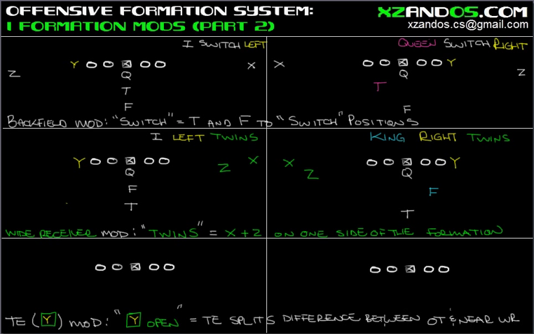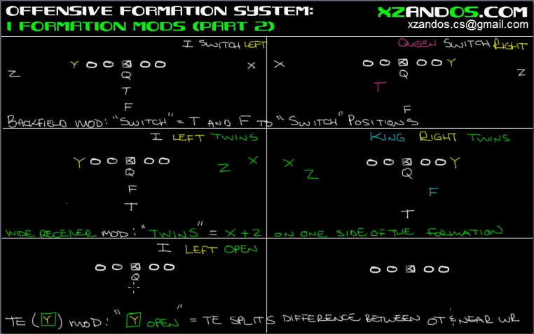wide receiver. And this can be a rule breaker if you have a twins, because there won't be a wide receiver to the Y side in a twin set, and I'll go over that here in a minute. So there are some loopholes in that definition. But let's go to an example. So we have an I left, very simple, I left open. I left open. So we have an I formation,